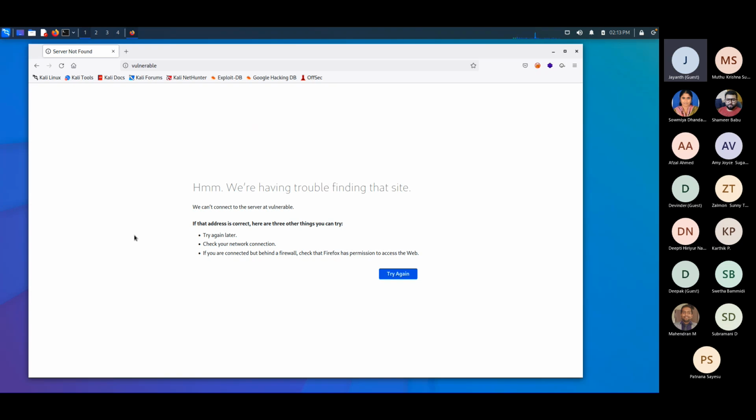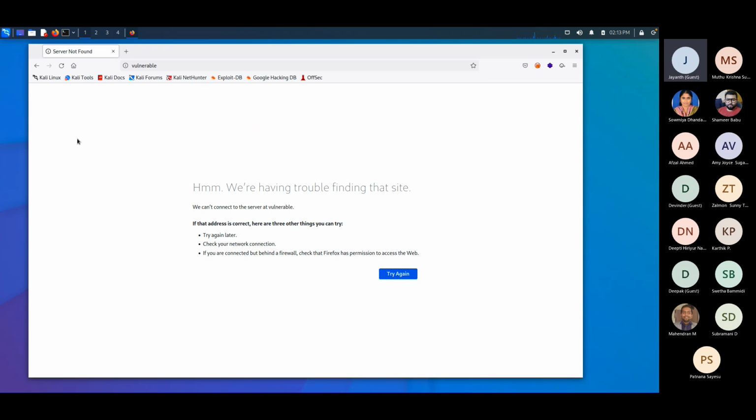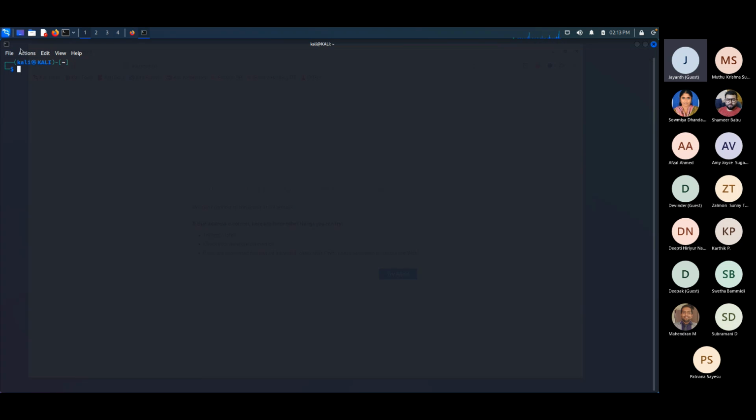Whenever there is a domain name, for example a website like hackerschool.local, you can load it. In my local environment, there is some web application hosted with the domain hackerschool.local. Only if I add this onto the hosts file of my Linux machine will I be able to access this. To do this, simply go onto your terminal and